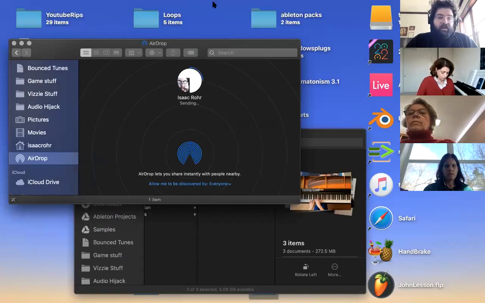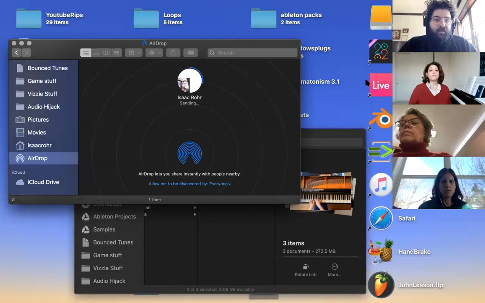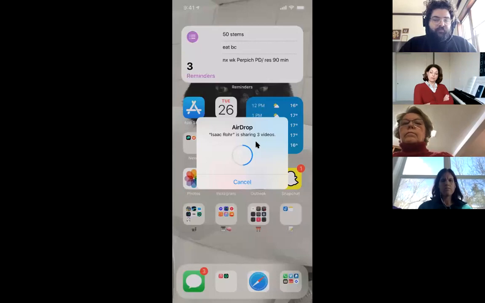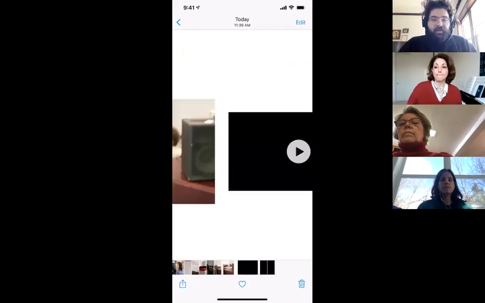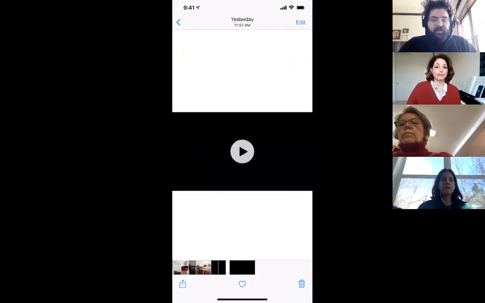let's see if I can catch this as it's going. But on the phone, all that happens is it'll say that. If you do it the other way around, which you can do, it looks slightly different, but I can show you here if I open up my folders. So yeah, for example, this opened automatically what I just transferred over. These are the 3 videos.